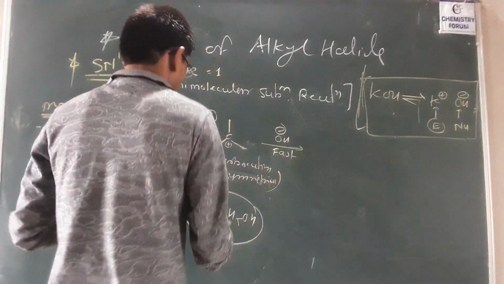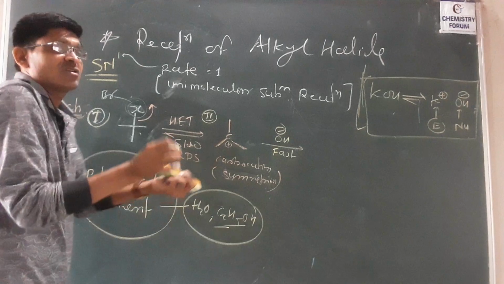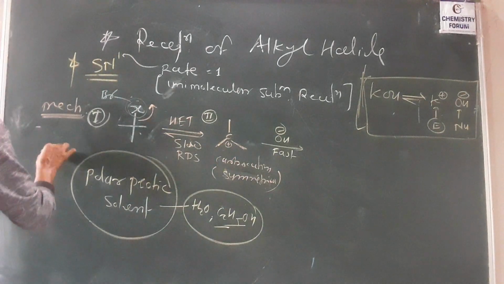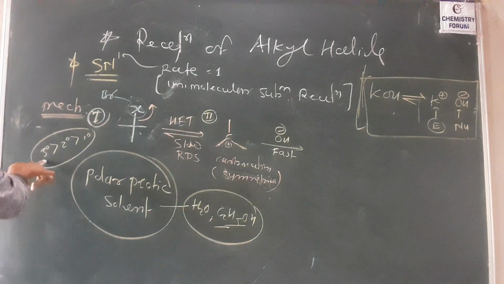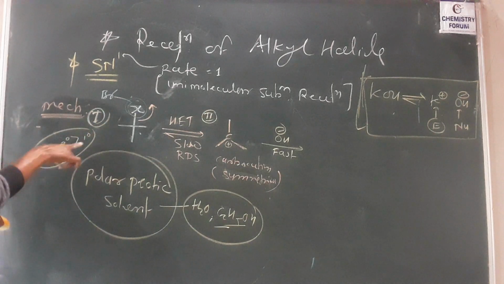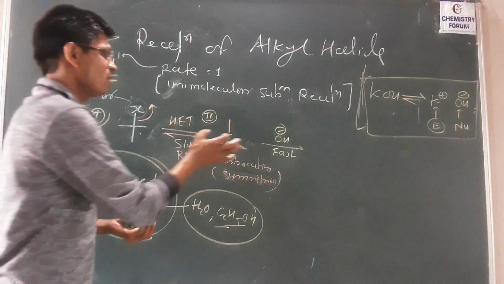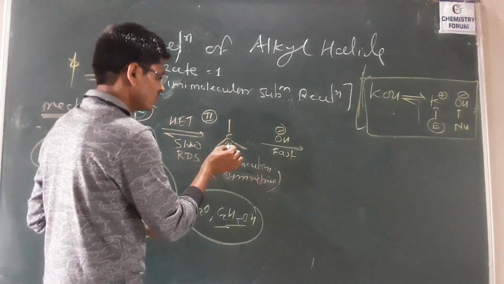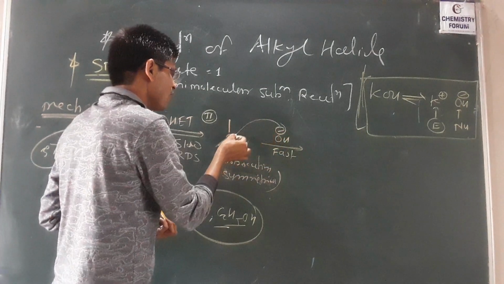So what happened here? This is the most favorable for this carbocation, whenever generation of the tertiary carbocation. Okay. So it is the most important phenomenon. This secondary and tertiary, and this one is primary. This tertiary carbocation is more stable than secondary and primary for the SN1 types of the reaction. But in this case, the generation of the symmetrical carbocation, so the nucleophile is coming from front side.